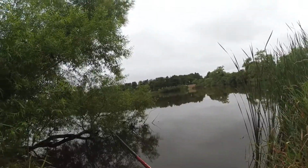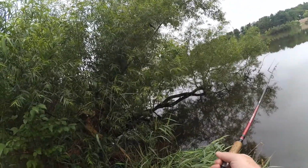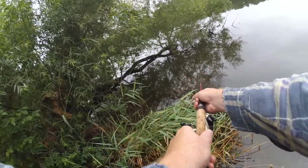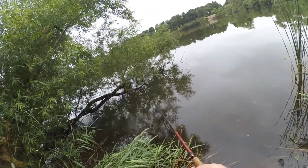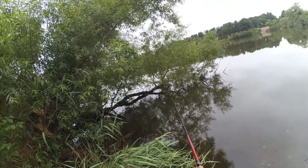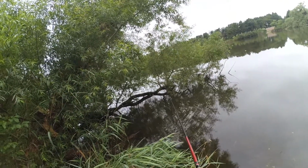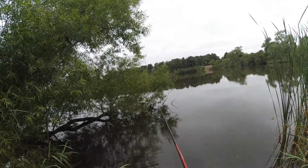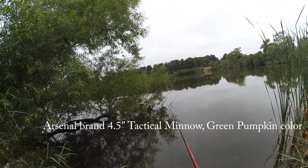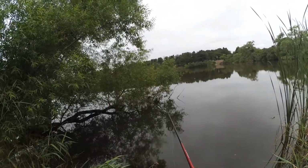Cool. So I think that was on my first cast from this spot, and it was very close to shore. You always want to go for structure with bass. They ain't kidding when they say it. So structure just means anything that's not open water, and this is a nice fallen tree. They love it. So what I have on there now is just a garlic scented kind of fluke style soft plastic in like a dark pumpkin green color,